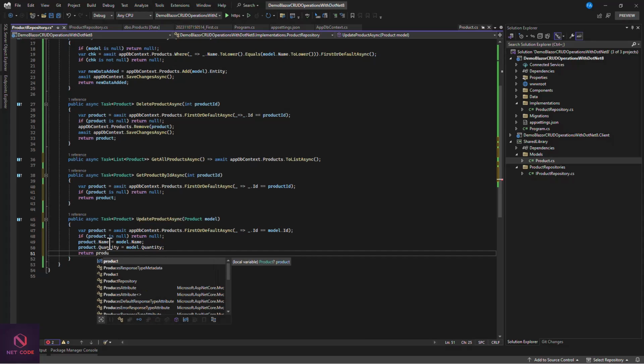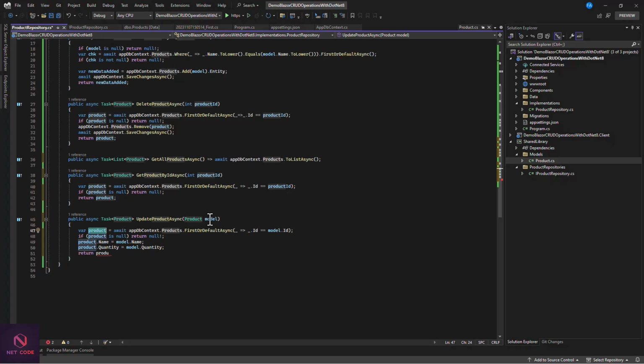But this product has now been changed, right? It has been updated. So if you try to return this product, it is going to be the old one or the new one? When you return this product, it's going to hold the old data, but the record has been updated. So we have to make a search again and get the current product. So we can say return